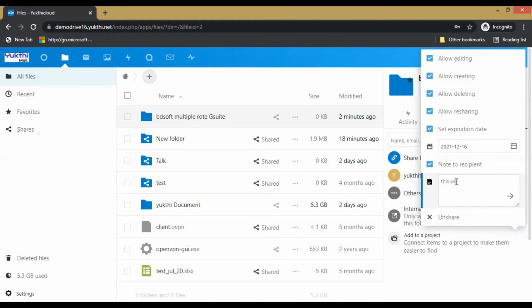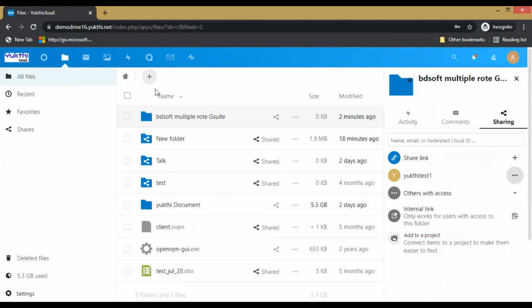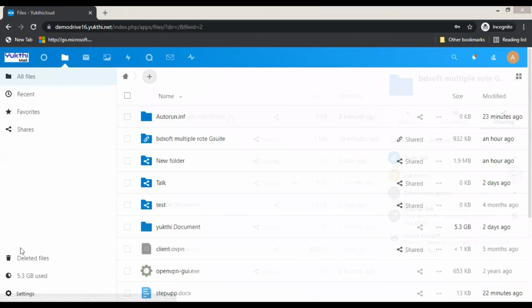This will appear only for 2 days. Like that, you can give a note to the users. This is all about how to give the permissions to a particular folder or file.